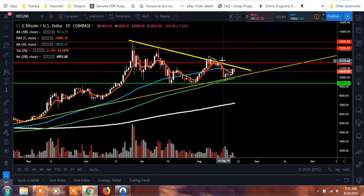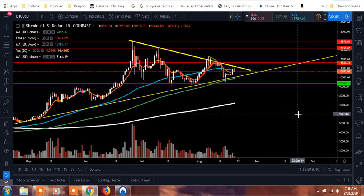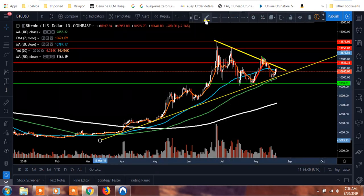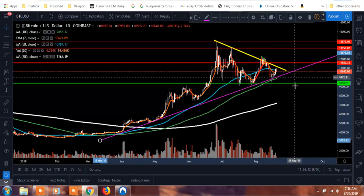11,993 is going to be the first area, and that's going to be off the real bodies up top here. Then I'd look around that 12,593, and that's all the farther we're going to take it to the upside targets right there, guys. To the downside, we want to continue to defend this yellow trend line, which I'll change colors for us here since our top's yellow. So this purple trend line, that's ultimately our uptrend